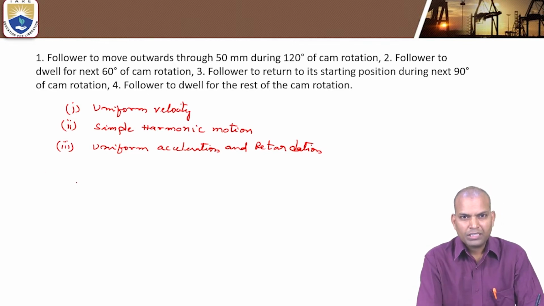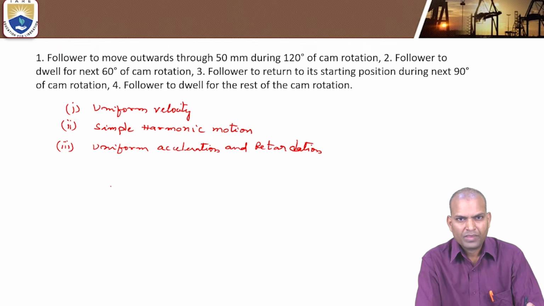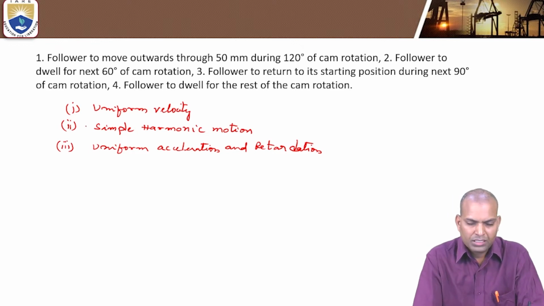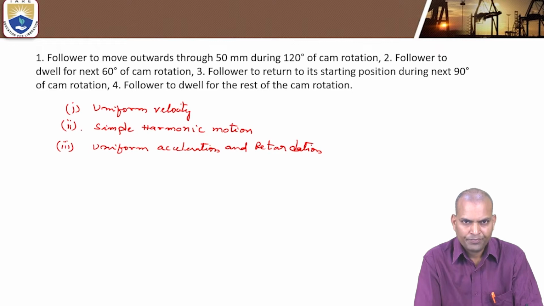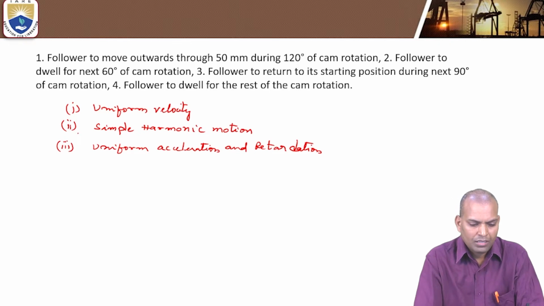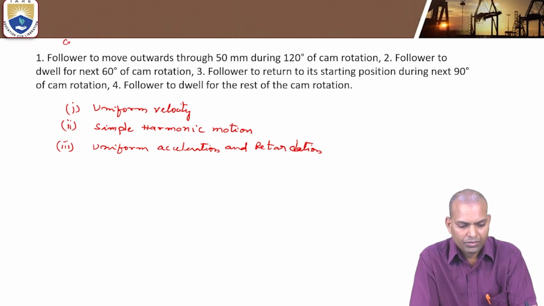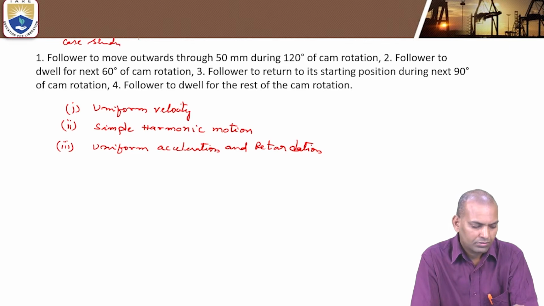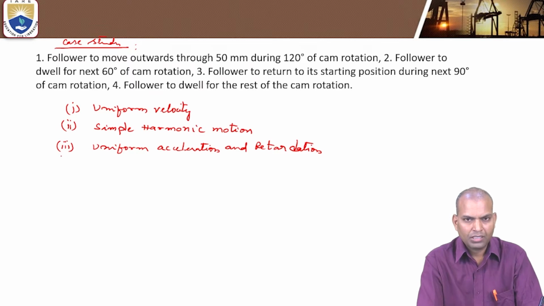If the follower is having a motion of uniform velocity, and suppose we consider the follower is a knife edge follower or roller follower or flat faced follower, whatever follower may be, the displacement diagram remains the same for the given data of a cam rotation and the lift of the follower. I am going to take one case study, that is the cam rotation, and we are going to use